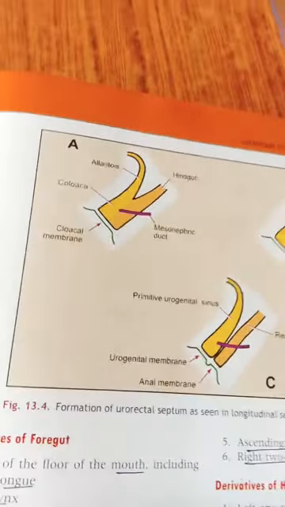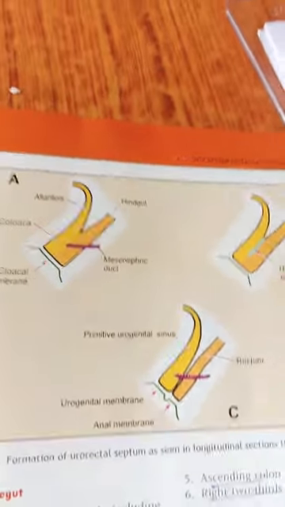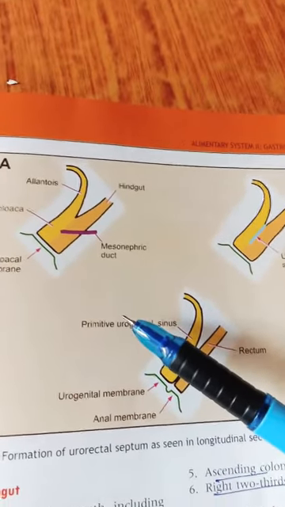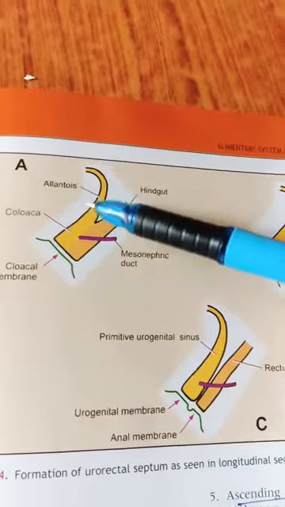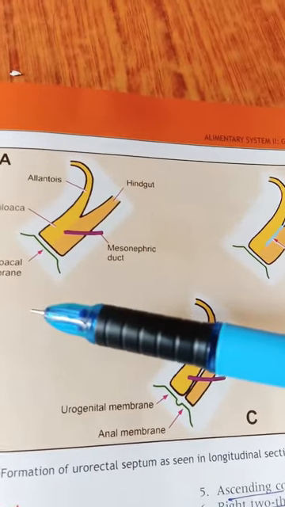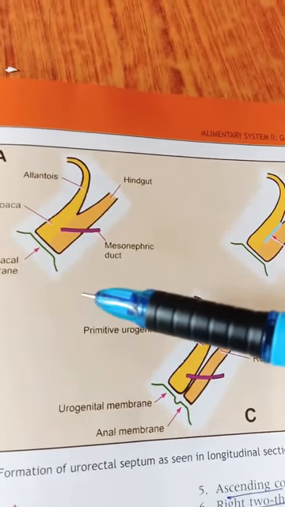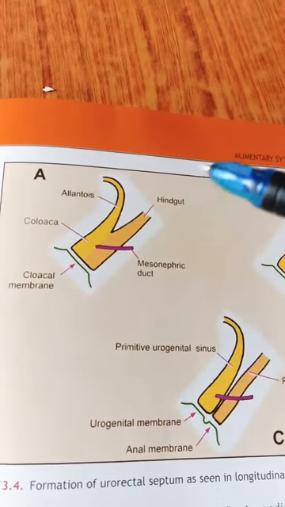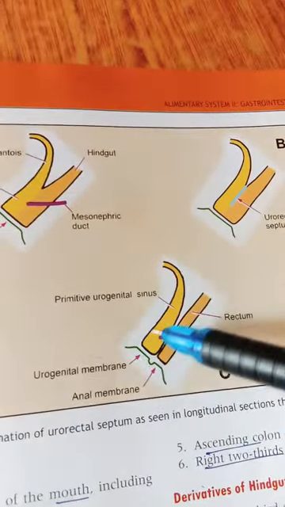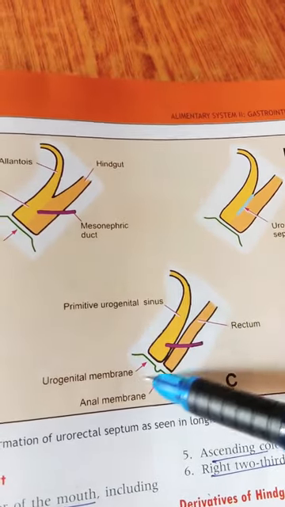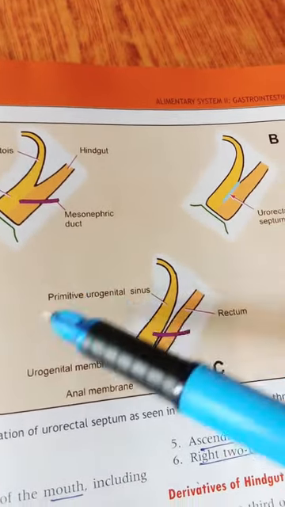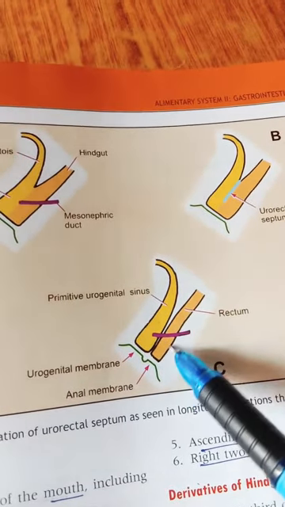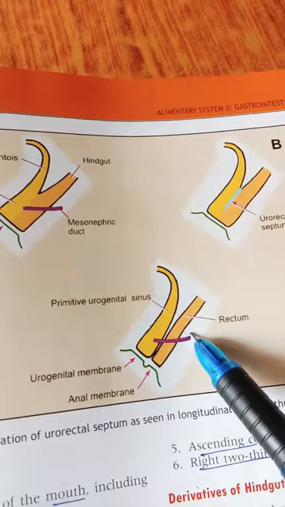So now what happens? Let us understand this story now. The allantois opens into the ventral aspect of the hindgut. It is called the cloaca, and the cloaca is divided into a broad ventral part and also a narrow distal part. The broad ventral part mainly gives rise to the primitive UGS, that is the urogenital system. So you can say this is a primitive urogenital sinus. This is a broad ventral part, this is a distal part. The ventral part gives rise to the primitive urogenital sinus, and the narrow distal part gives rise to the primitive rectum. So the rectum forms from this distal part.